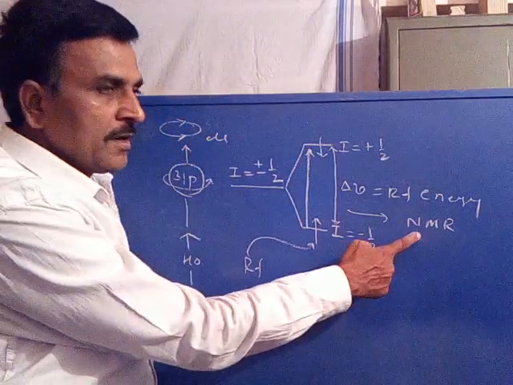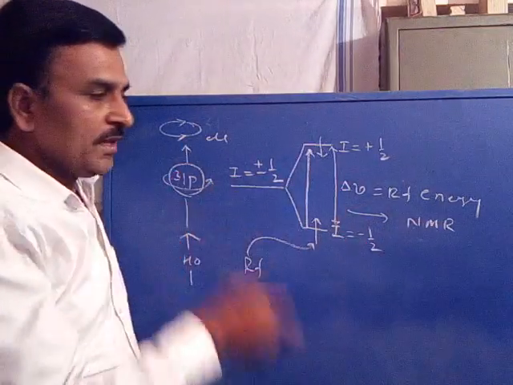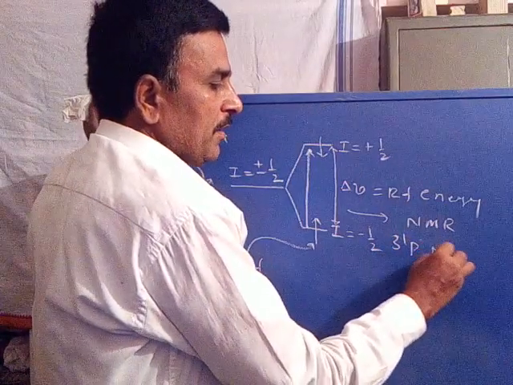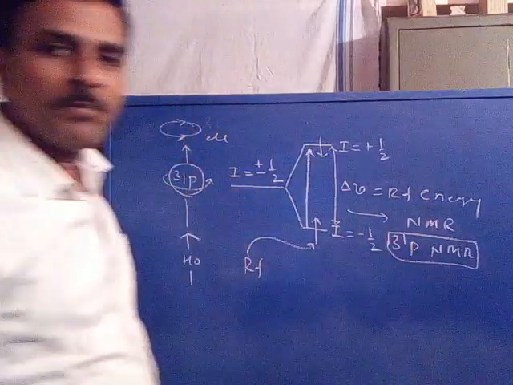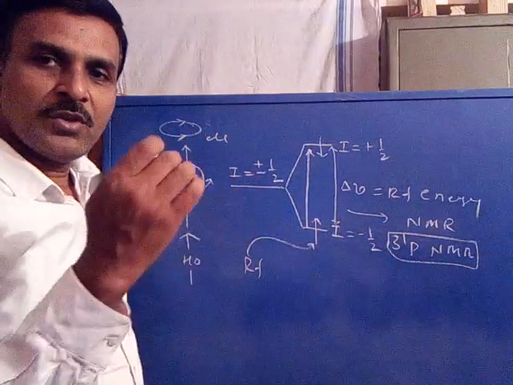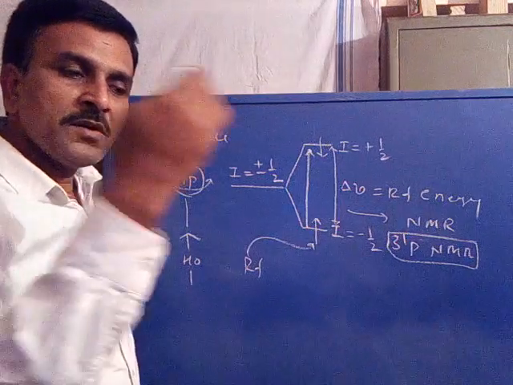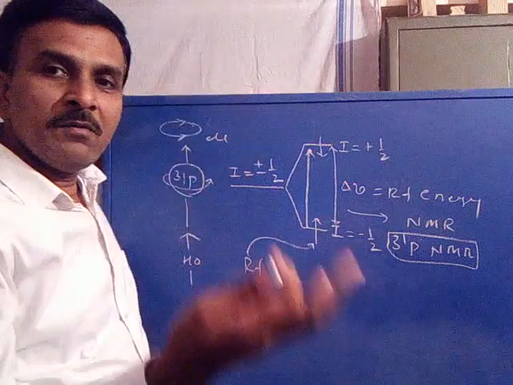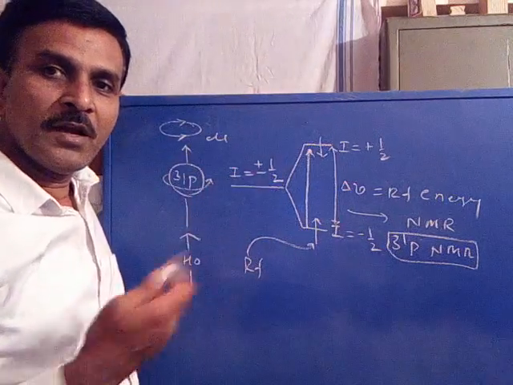Where the NMR spectrum results from the nuclei of phosphorus. Therefore, this spectrum is called 31 phosphorus NMR. So the principle involved in the phosphorus NMR is quite similar to that involved either in proton or in fluorine NMR. Now what are the principles involved in the proton and fluorine?